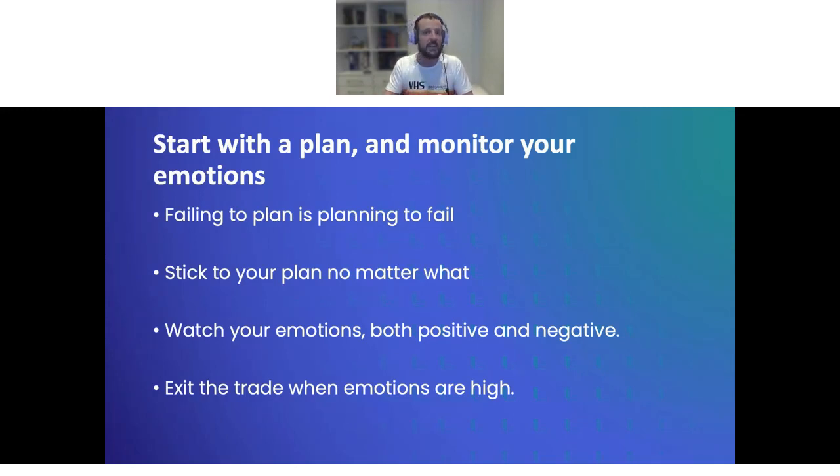The goal then is to go back and analyze it. One of the things I highly recommend is that you keep a journal and track every single trade that you make, and reflect on it weekly. What I typically put in my journal is a column for my emotional state when the trade was made and when the trade was exited. It's always good to understand where your emotions were at those specific points.